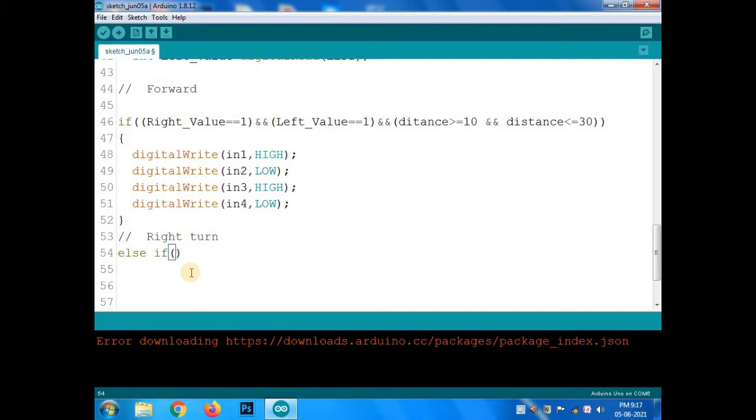So if you know the basics of C and C++, you can easily understand the program and you can write it on your own also. For the right turn, we will consider the IR sensors detection only. Now we need this line. I will copy it from the